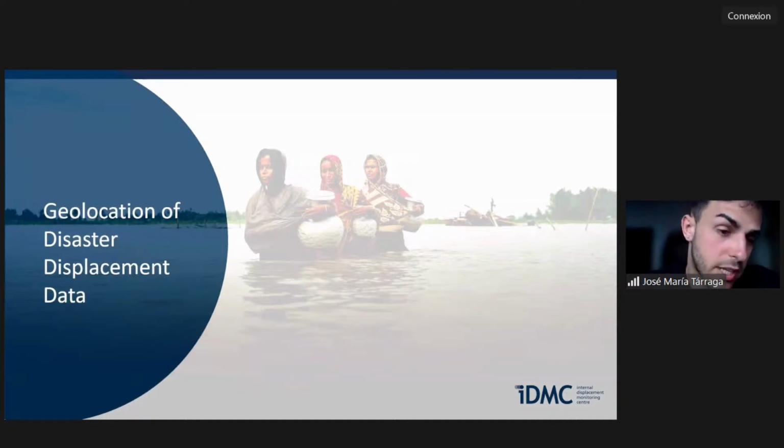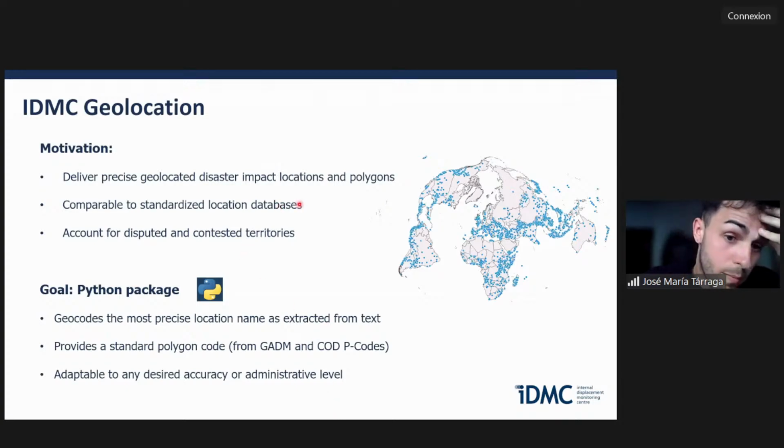Another module that we are developing is the geolocation of disaster displacement data. That was one of the weaknesses of our study, I would say, because the areas are very heterogeneous in the polygon levels. So there is a need to geolocate displacement in a way that is standardized and can be used with interoperability. We are improving this, with the motivation to deliver precise disaster impact locations,